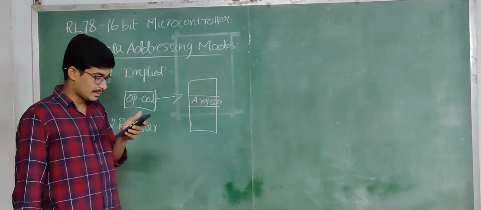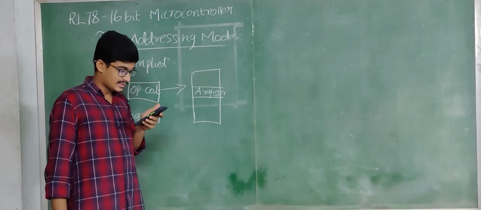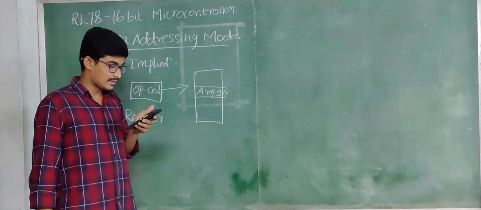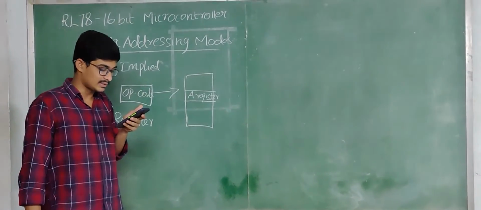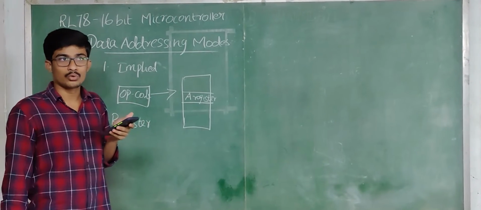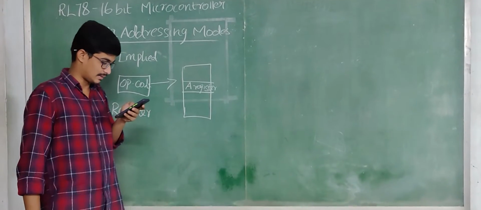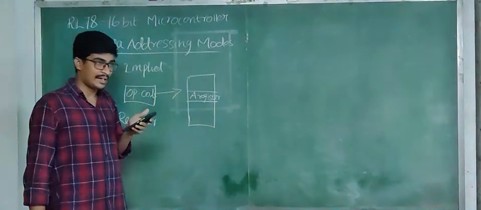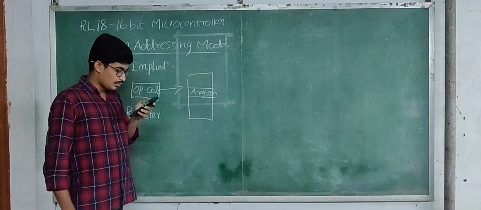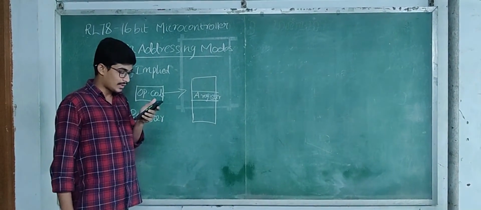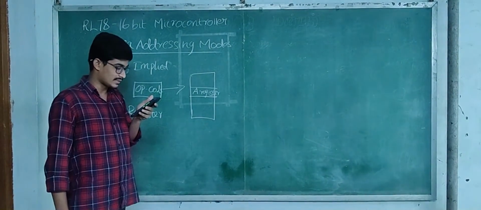In register addressing mode, it acts as a general purpose register as an operand. The instruction word of 3-bit length is used to select an 8-bit register, and the instruction word of 2-bit length is used to select a 16-bit register. Next one is the short direct addressing mode. In this addressing mode, it directly specifies the target address using 8-bit data in an instruction word.